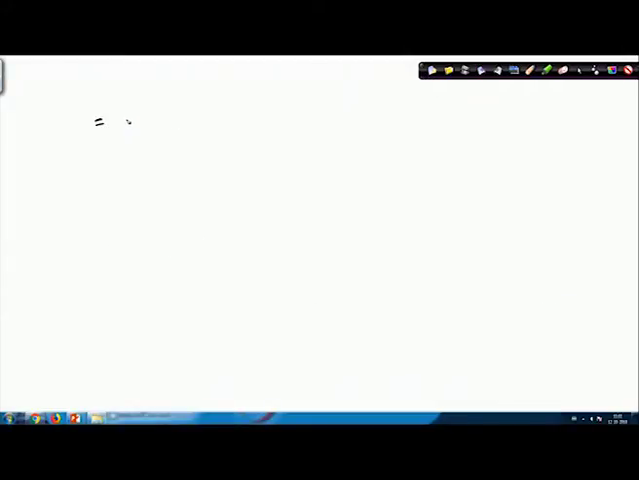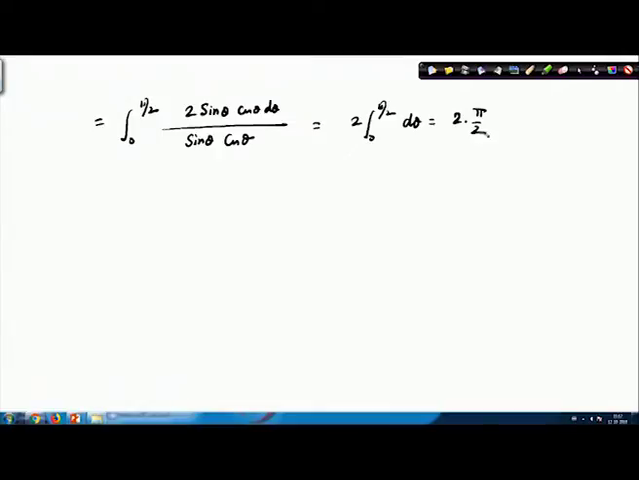So, here ultimately you will end up with the integral from 0 to pi by 2 of sine theta times cos theta d theta divided by the square root of sine theta is sine square theta is sine theta, and the square root of 1 minus sine square theta is cos theta. So, ultimately, this will be 2 times the integral from 0 to pi by 2 of d theta. So, we will obtain 2 times pi by 2. So, this is pi. That means we have gamma half square